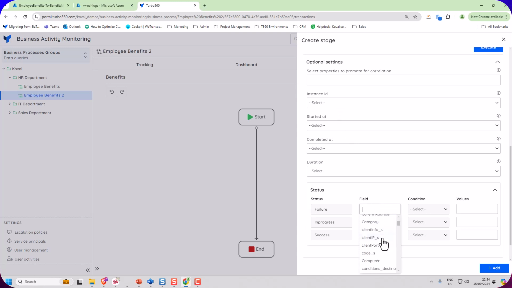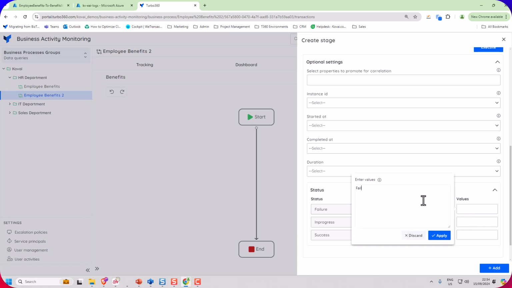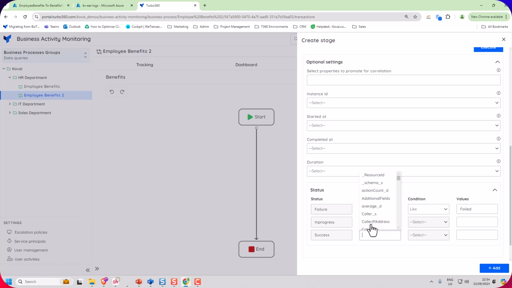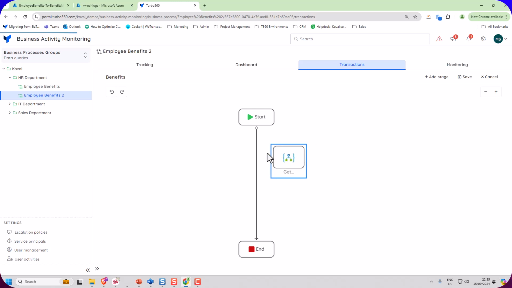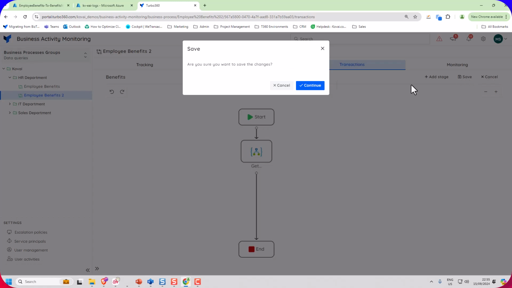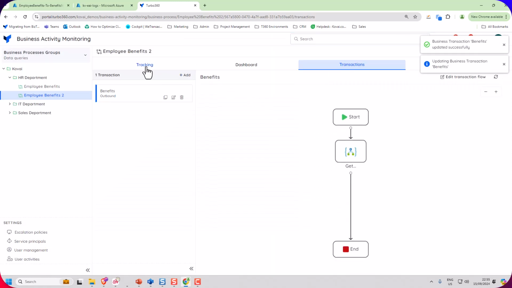So this time the status is going to come from a field called status_s, and if I put failed and successful, I think it was succeeded actually rather than successful. And you can see I've now got my new shape here, so we'll drag that into the diagram, join that up. And if we save that, now we go back to the tracking,